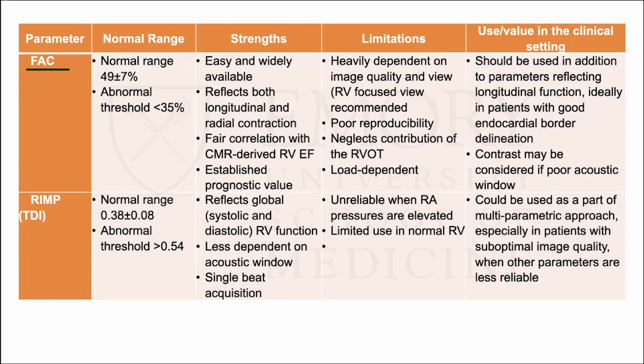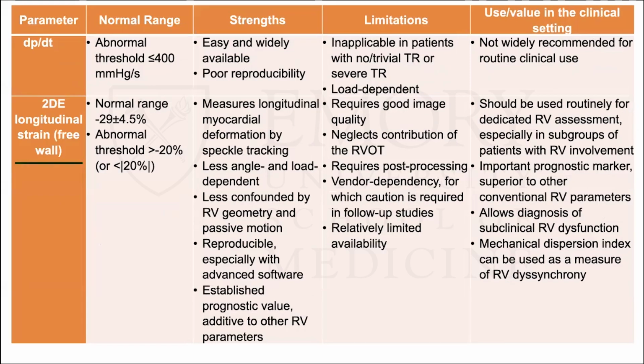The next most common one is fractional area change, the abnormal threshold of which is less than 35%. It is heavily dependent on image quality because you need to get the RV-focused view on four chambers, and has poor reproducibility. And then 2D longitudinal strain also requires pretty good image quality and has been shown in several studies to be